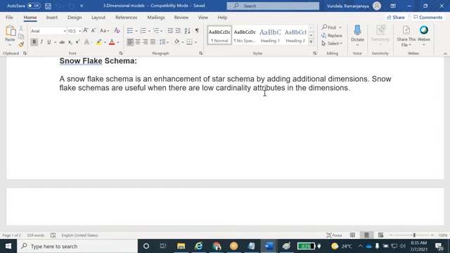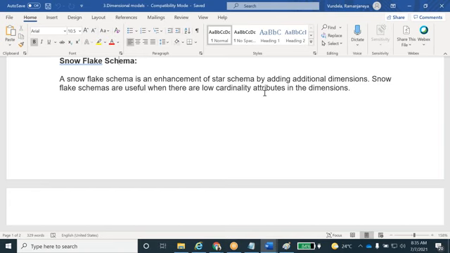Based on the requirement, they will choose either star schema or snowflake schema. From an interview point of view, they will ask which schema you are going to use. You can tell them star schema only, because not many questions will come. If you say snowflake schema, they will ask more questions.